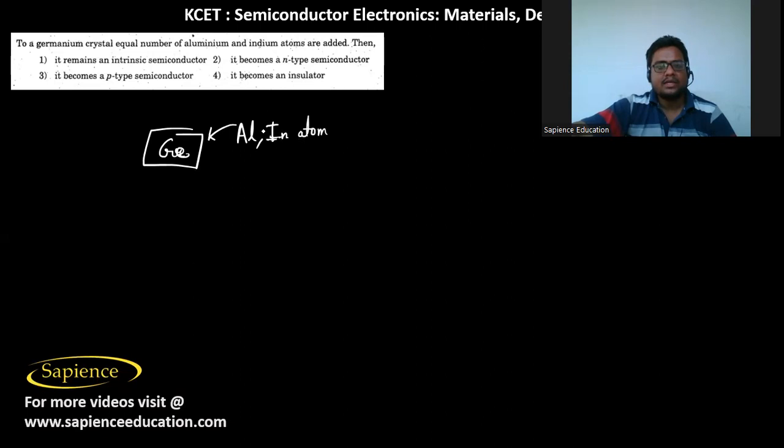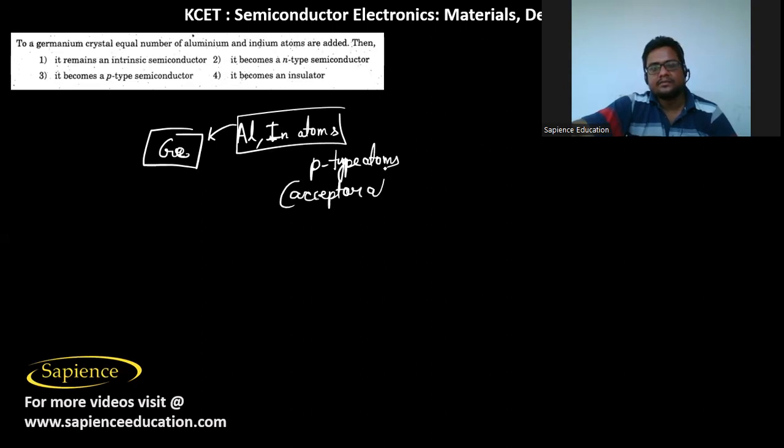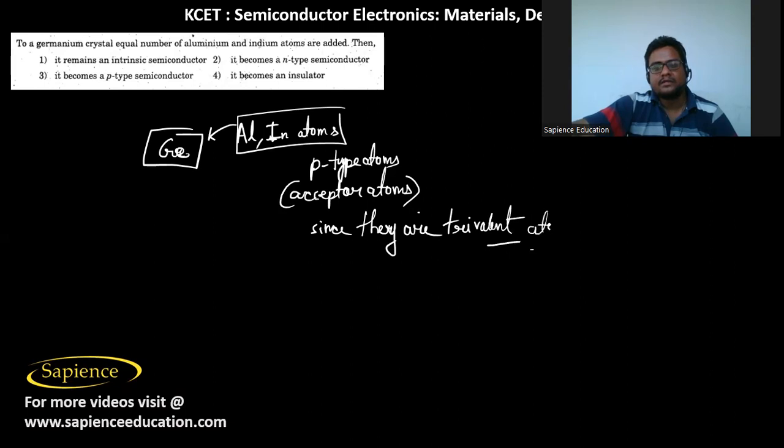So we know that aluminum atoms and indium atoms are called p-type atoms, or they are the acceptor atoms, since they are trivalent, it means their valency is 3. So if aluminum and indium atoms are added, then the germanium crystal will